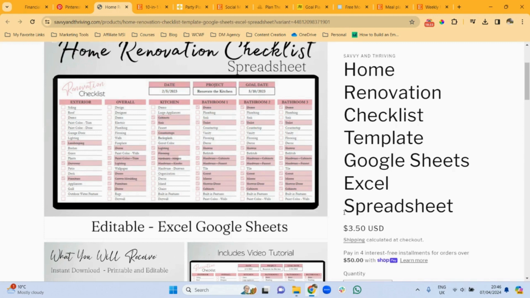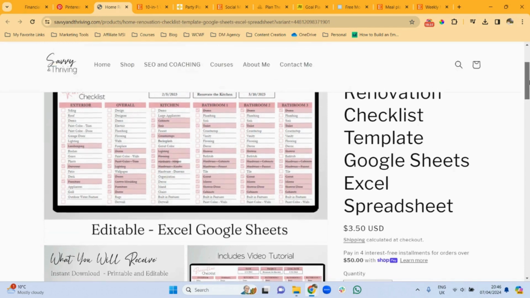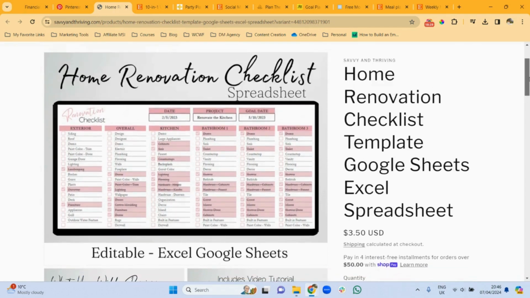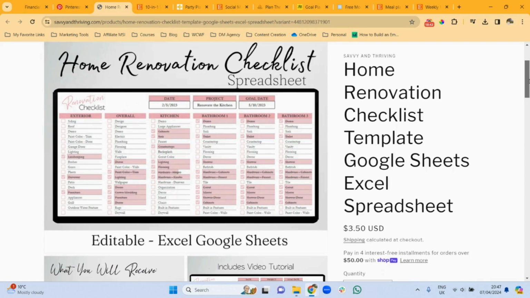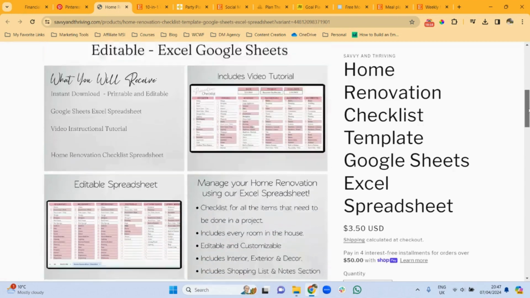So you could, of course, create something like this, I think, for amateurs or people who are doing their first or second home renovation. It could help homeowners outline renovation goals, track project expenses, schedule tasks. This one has a checklist, so they know that they're not missing out on anything within the home renovation process. So let's see what else this one has.